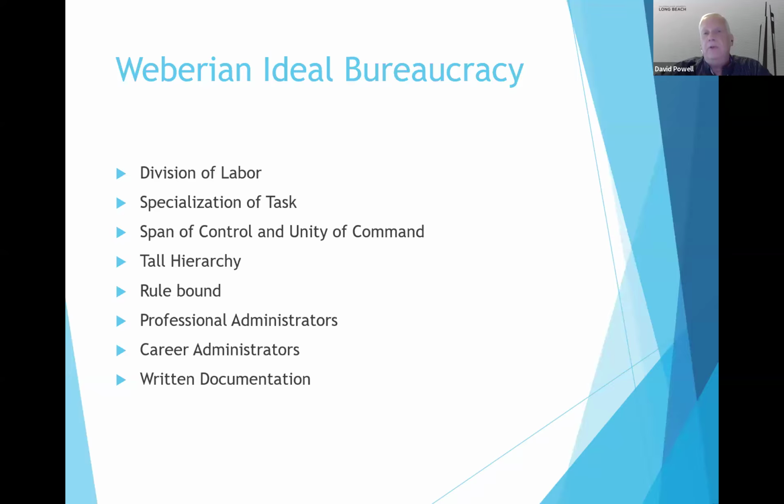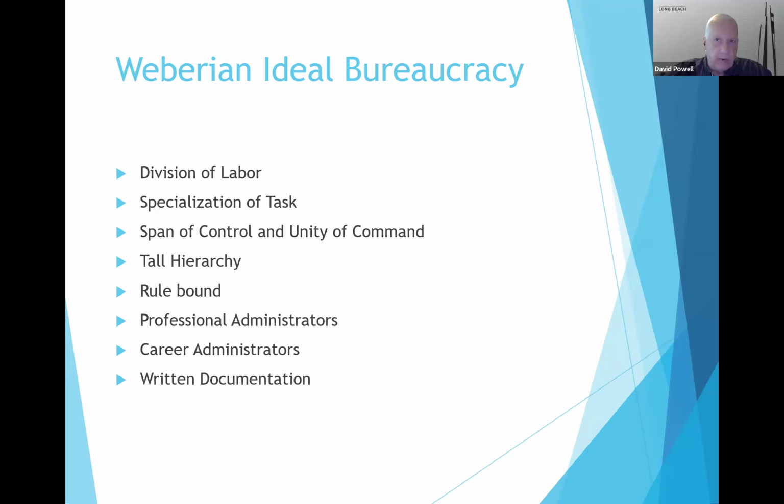The second important feature of Weber is that he was focusing primarily on the structure of the organization. So he was very interested in organization structure. If you want to look at this in the context of what we talked about last week, this would be much more of a macro level approach to studying organization theory. We are trying to create the ideal organization at that organizational level to make our organizations effective and efficient. As you probably remember from your 500 class, there are several characteristics that make for an ideal bureaucratic structure.